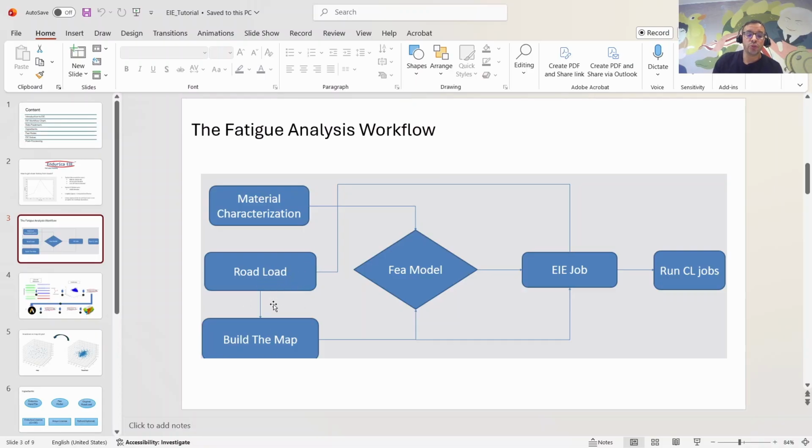We are going to use not the road load for our FEA model. We will use the map that was calculated from the road load using a certain way that we're going to have a look at in later slides. For our FEA model, we compute normally using the map road load histories, we get our strain histories, and we switch to EIE, and we feed our EIE the strain histories that we pre-computed